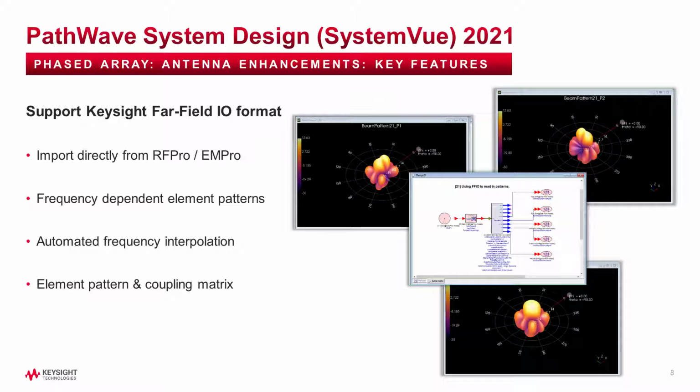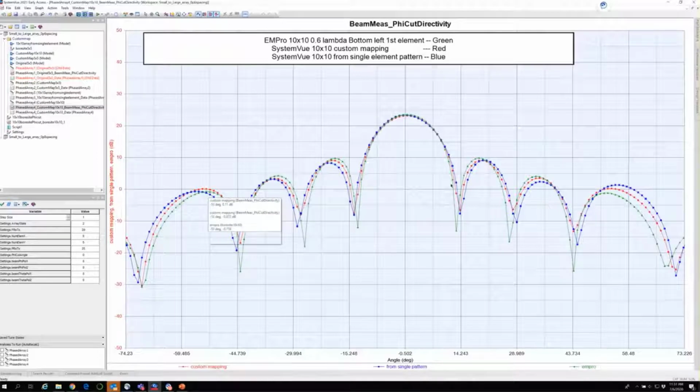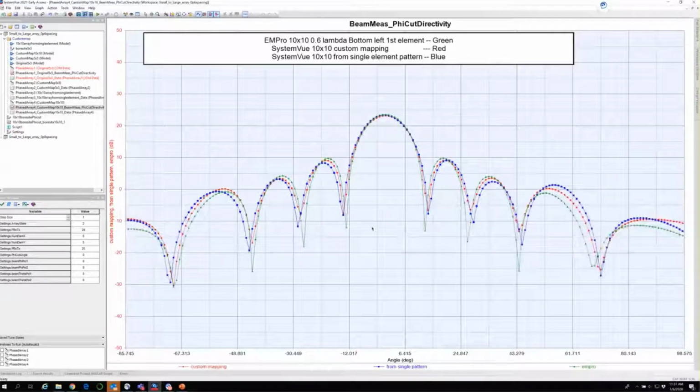This is called Far Field I/O. Within a single file, it incorporates the patterns of multiple antenna elements, and for each element, it includes the patterns for multiple frequencies. This streamlines antenna pattern imports and simplifies the transfer of data between PathWave ADS and PathWave System